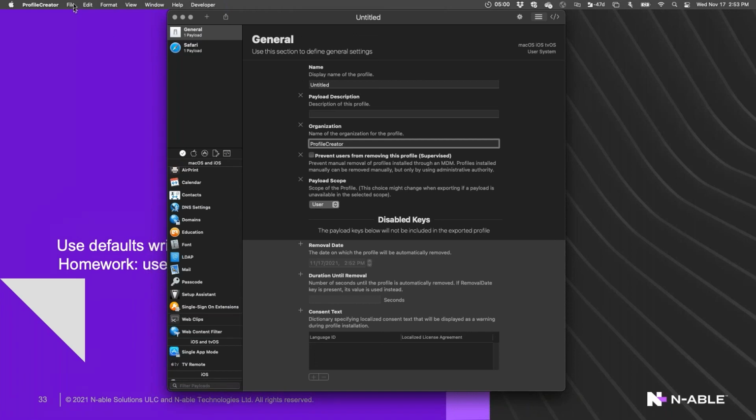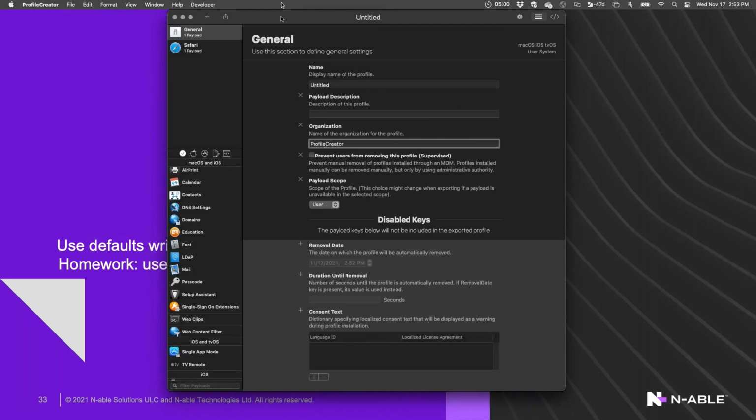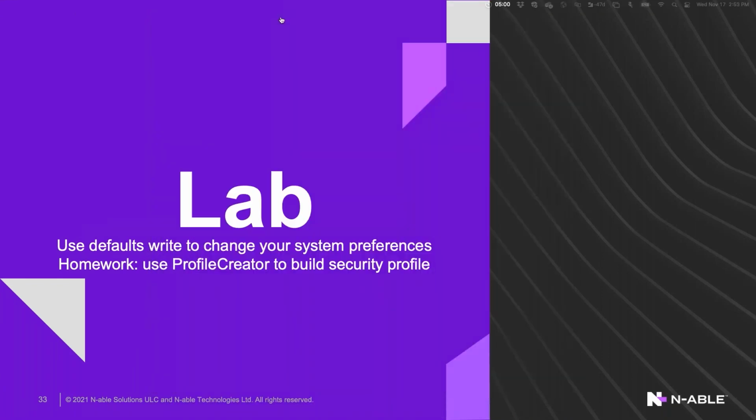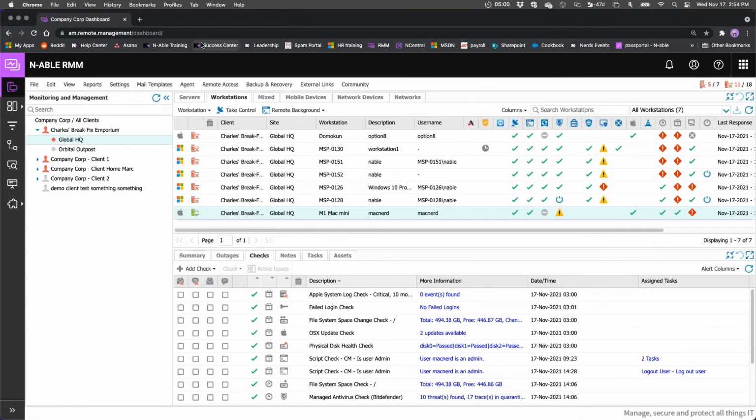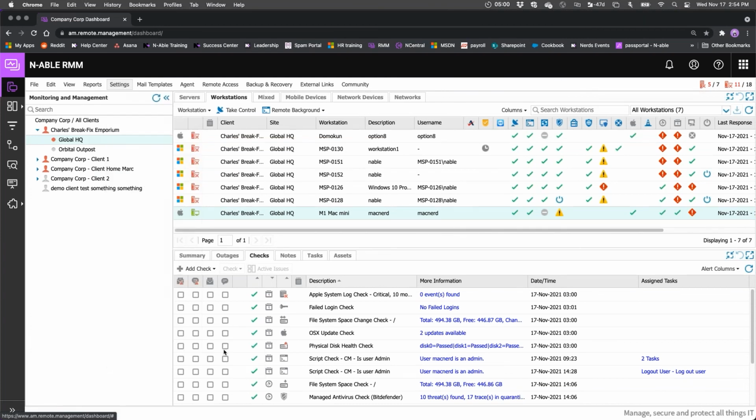So once I've created the profile, I can go in here and export it, and it creates this .mobileconfig file. You set up your metadata there, and I'm not going to go through all of that right now, but suffice to say, now I have that mobileconfig file somewhere that I can upload it to RMM. And with the Macs that I have under management, I have them enrolled in Apple Device Management here, which,